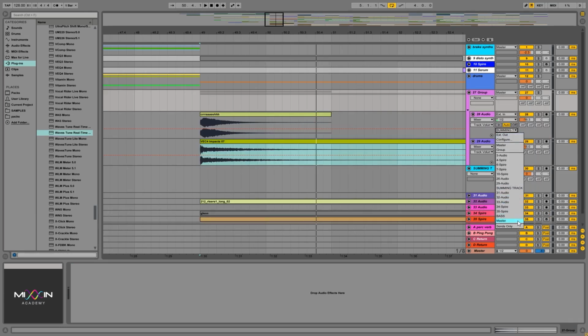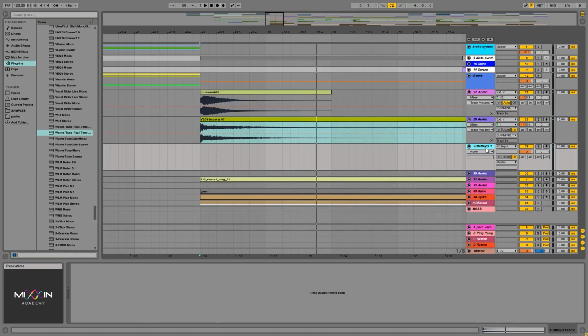They would both be routed to the group by default if I hadn't changed that before, but that would be a much simpler way to do that. Why do we want to do this? Well, there are special occasions when this is really desirable, but we will get into this and the uses for this once we get into sketching music, sketching projects and ideas, and using our knowledge to actually make songs. So this is useful for some specific purposes, and there are times when this is more desirable